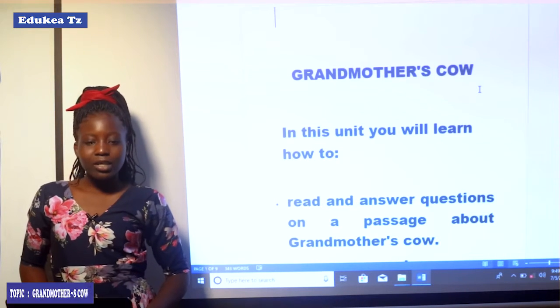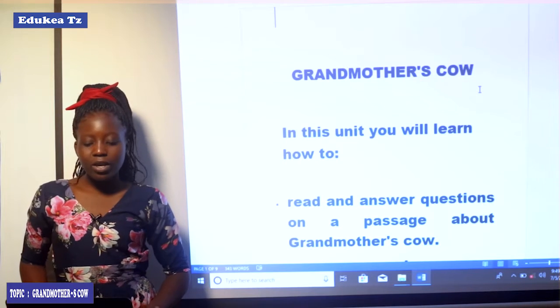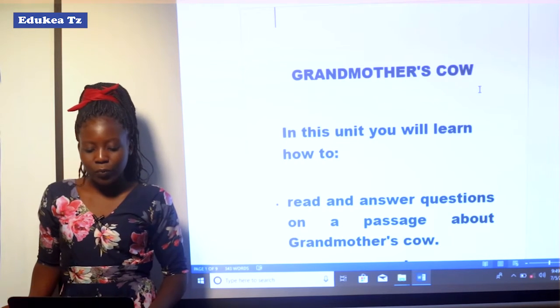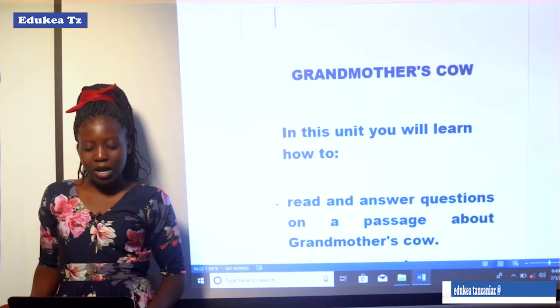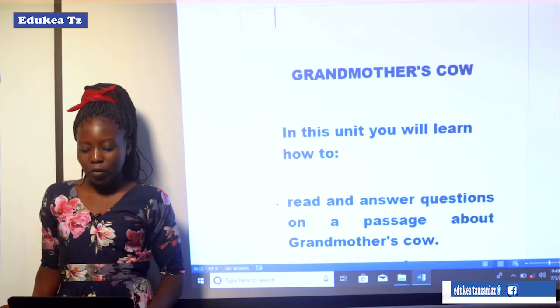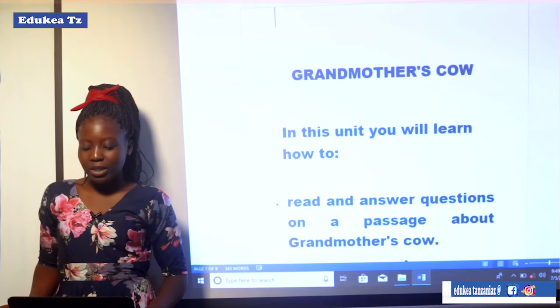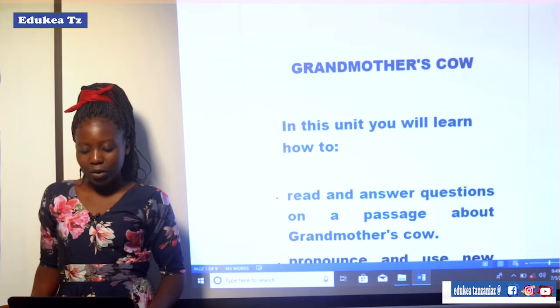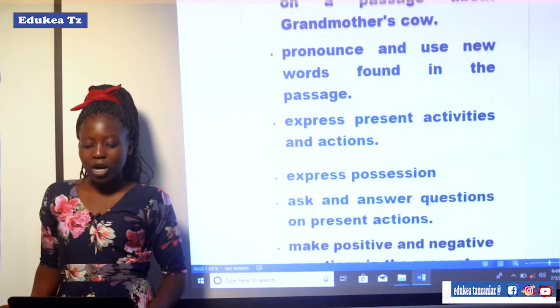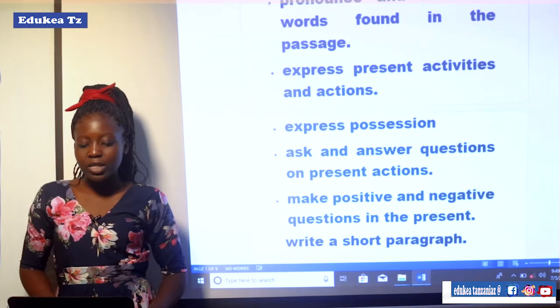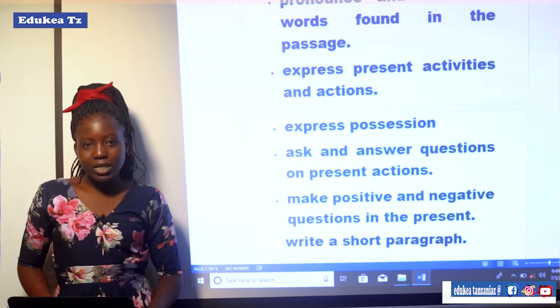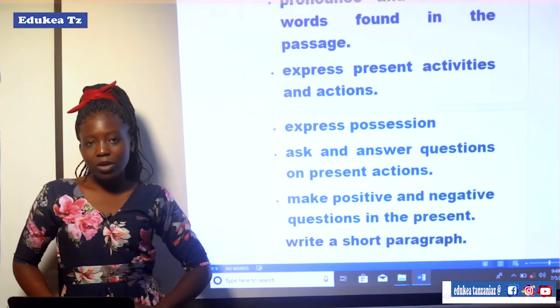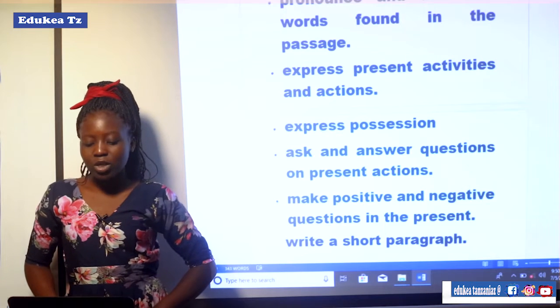Today we are going to learn English language and our topic of today is about grandmother's cow. In this unit, you will learn how to read and answer questions on a passage about grandmother's cow. We are also going to look at how to pronounce and use new words found in the passage. Another thing which we are going to look at in this unit is how to express